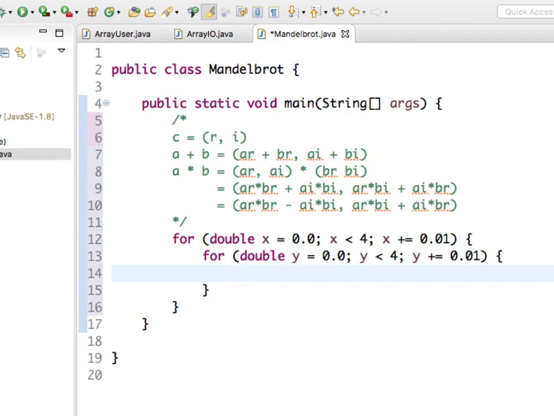Okay, and now I'm just going to plot a pixel. Only issue is, what do I plot? No, I don't plot anything. I have to plot the color of this pixel, and the color is a function.